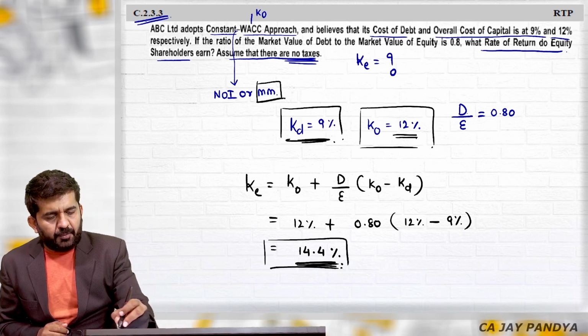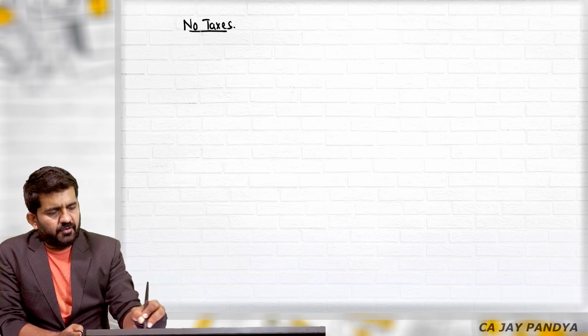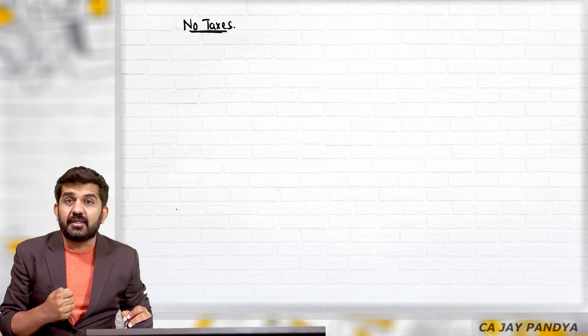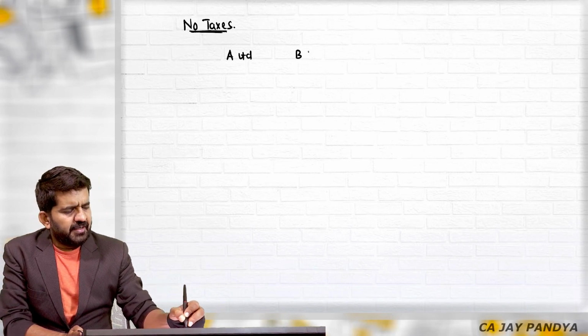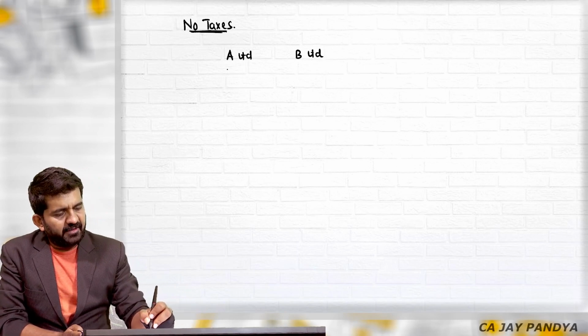This is 2.3.3. Before going further, let us understand Modigliani-Miller in detail, when there will be a tax scenario and when there will be a no tax scenario. Let us first understand the no taxes environment. The formulas that we have already done will be useful and directly applicable here. A Limited, B Limited: similar types of companies. This is unlevered.